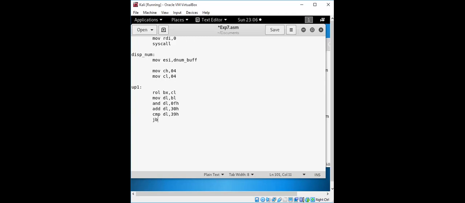If it is below, jump. Then directly, if that number is less than 39H, it will get the addition, right? Add the value, or else 30H will be added for this. That's the reason.